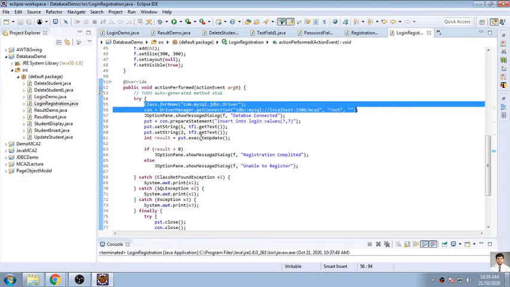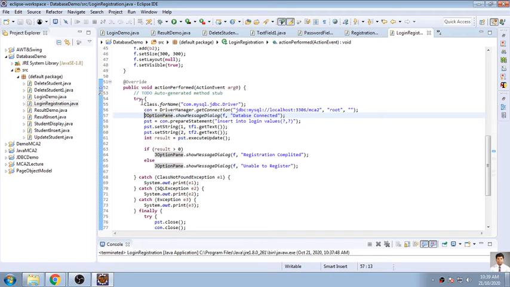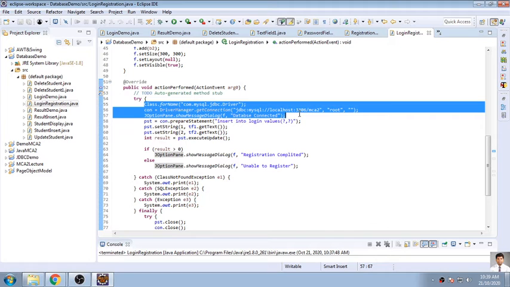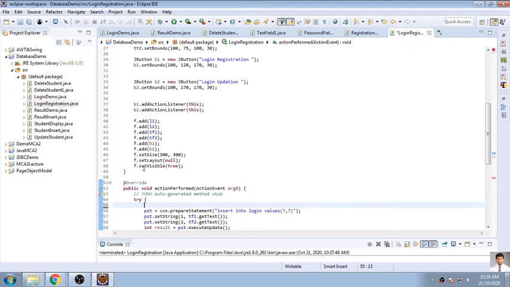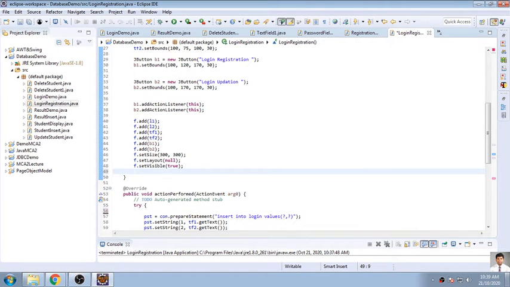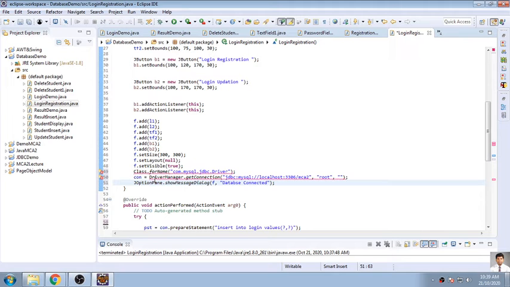So these two things are common. So I will copy this part and put this part into my constructor.